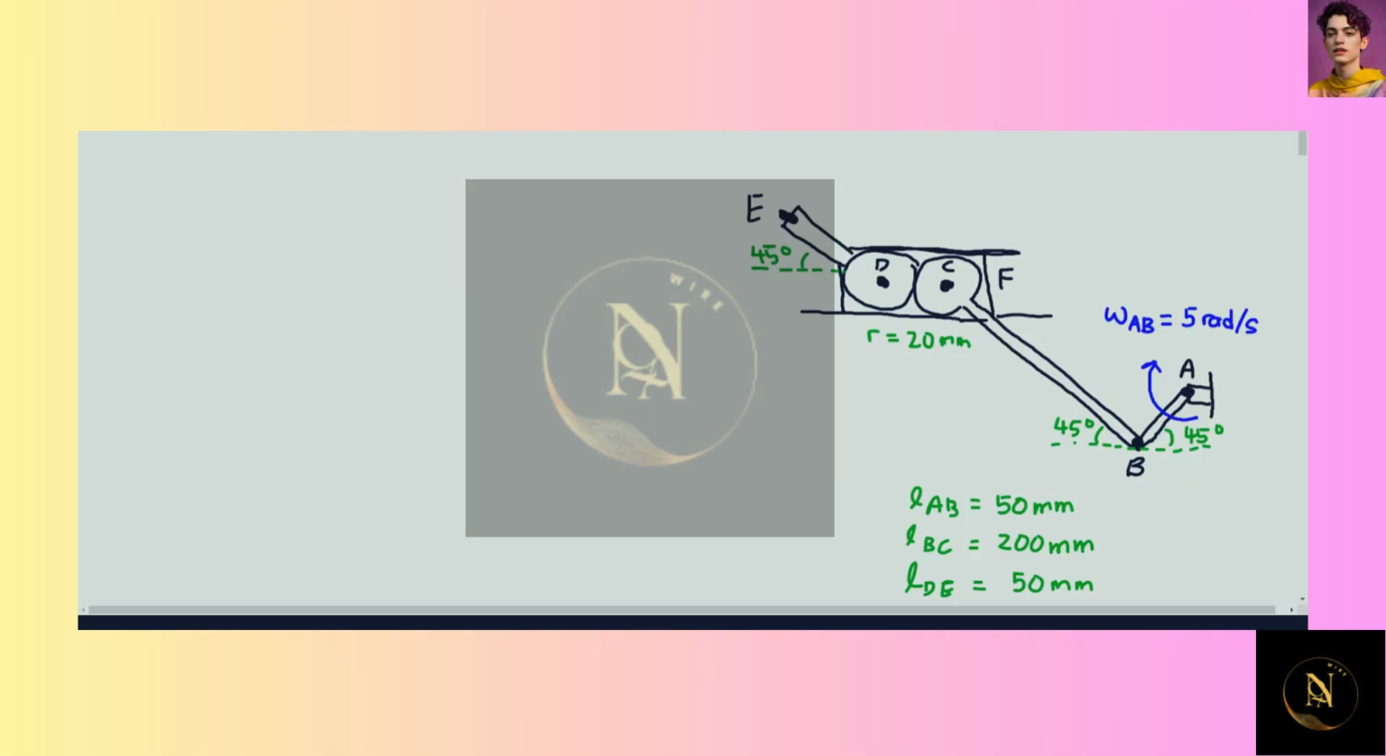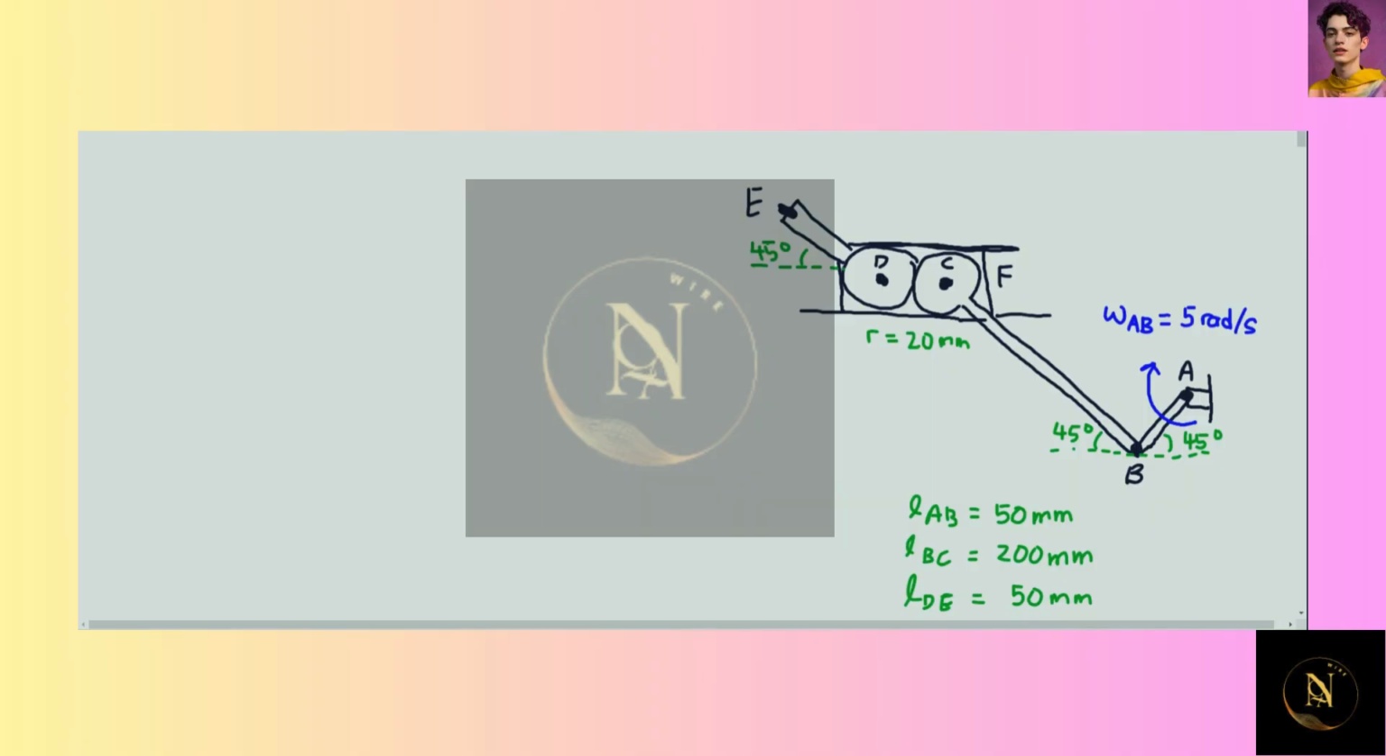This question, we have a mechanism that's being used on the machine for the manufacturing of a wire product. Over here, we have link AB that's rotating at 5 radians per second. Because of this rotation, we expect BC to rotate this way, and then F will be pushed to the left, and at the same time, while BC is rotating